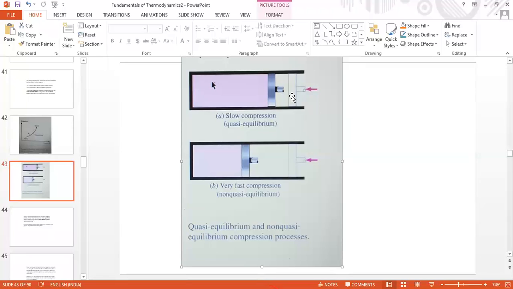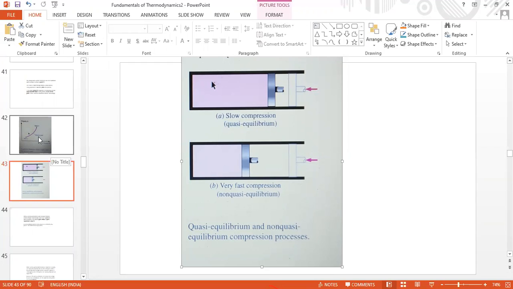So here, of course, the PV relation has to be known. It will be given. It may be PV to the power gamma equal to constant, it may be PV equal to constant. If it is PV equal to constant, in integral PdV we write P as C by V, and we write the integral C log V. The integration can be done from initial volume to final volume, C log V2 by V1, where C is replaced by either P1 V1 or P2 V2, which is constant. For an isothermal process, the integration can be done like that.